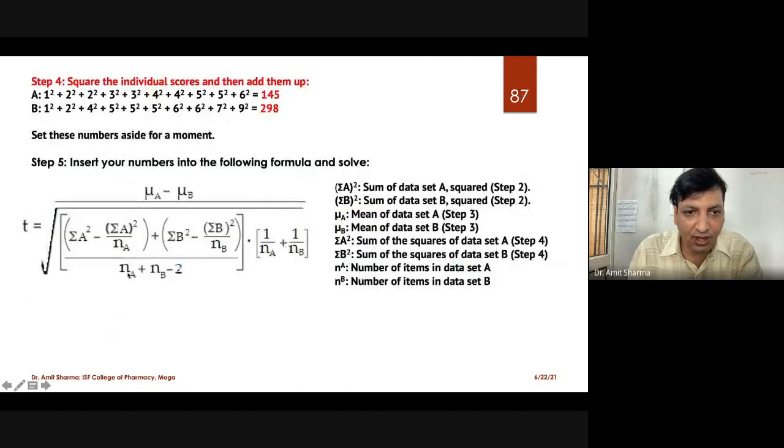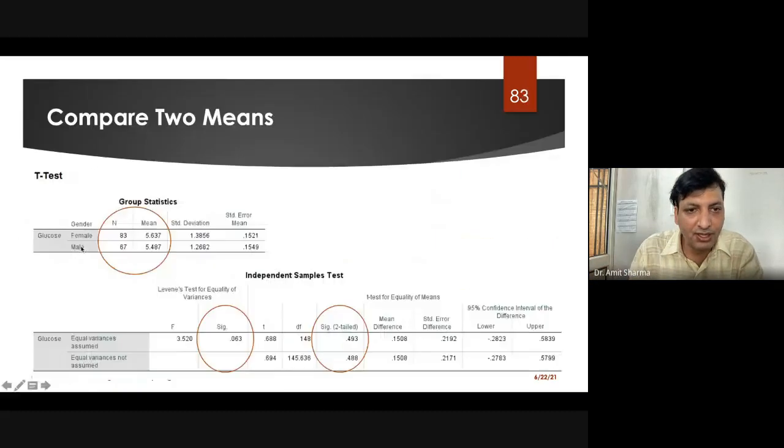As you can see, at the bottom we have the formula for degrees of freedom: NA plus NB minus 2, that is the sample size of group 1 plus the sample size of group 2 minus 2. Previously, when we applied it through SPSS, the sample size was 150, with 83 and 67, total 150, and if we do minus 2, we get 148.